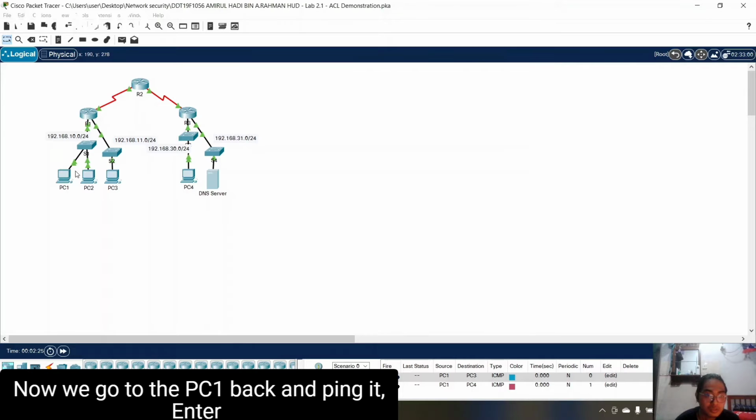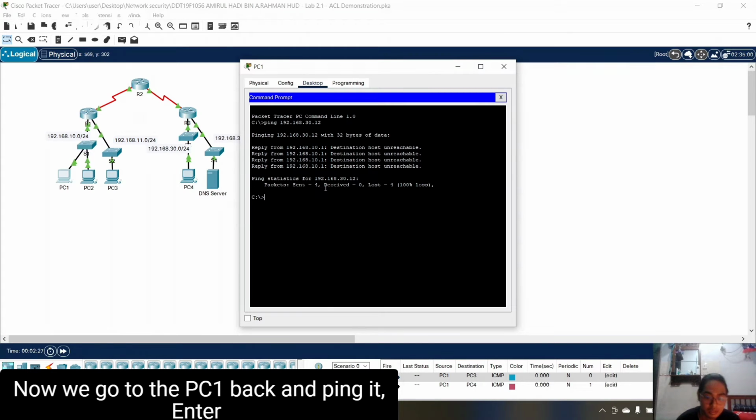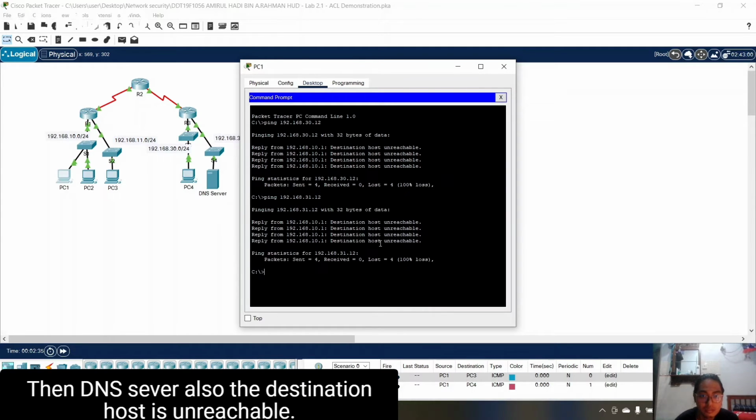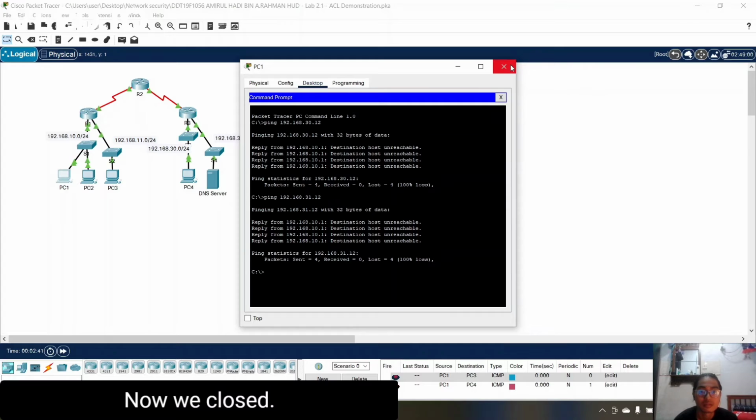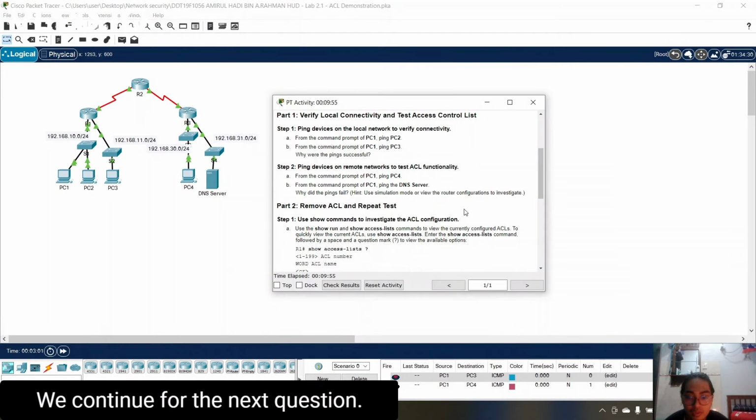Now we go back to PC1 and ping it. Enter. As we can see, for the DNS server also the destination host is unreachable. Now we close. We continue to the next question.